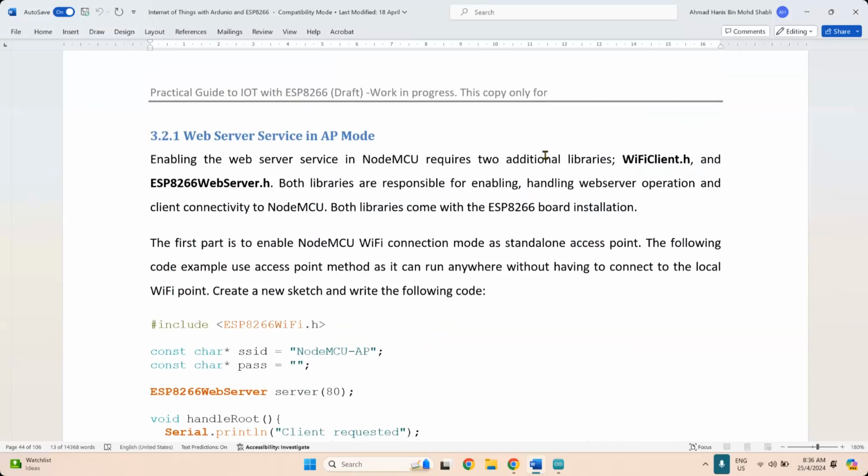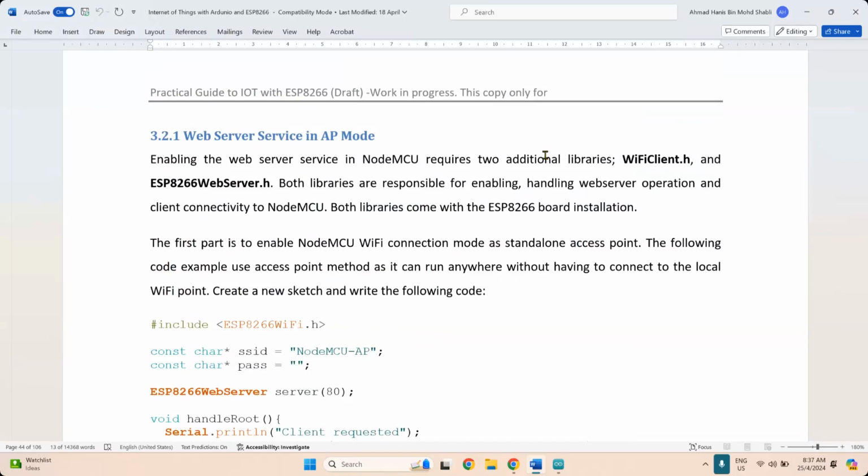This is mainly used in configuration, which allows you to access the web server on your ESP, and then you can load configuration, store data, set up parameters, or even start and stop any services that you allow for the application to work. So there are so many things that you can do with AP mode.